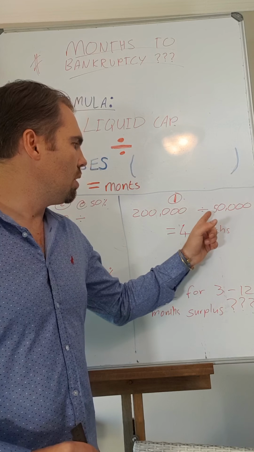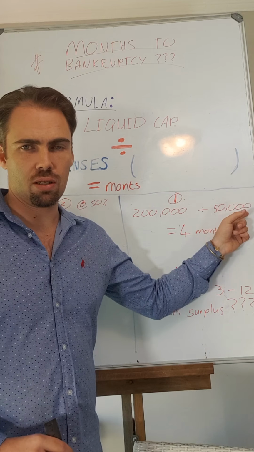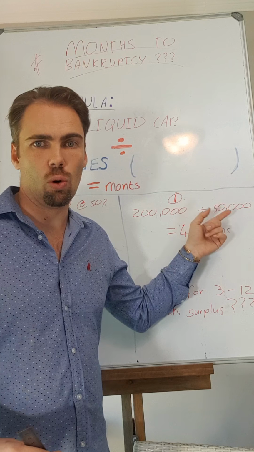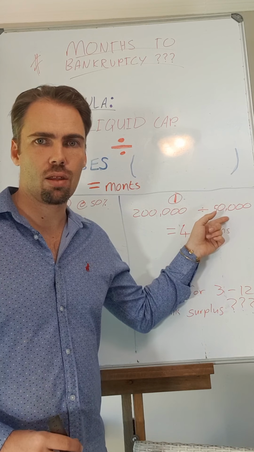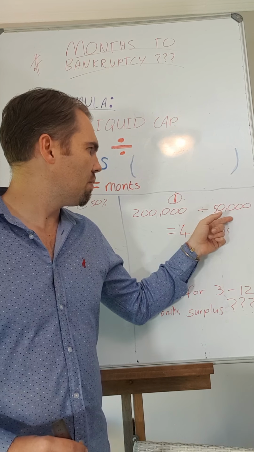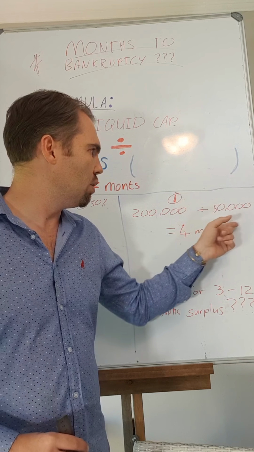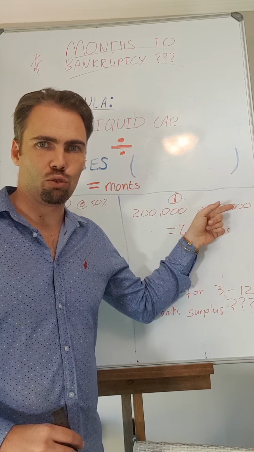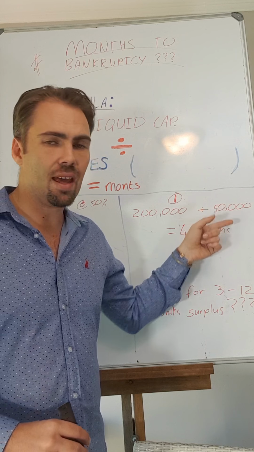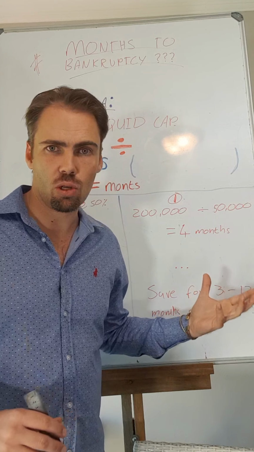So it would mean over and above your 50,000 expenses, that let's say you are also earning 50,000 a month, you would have to save another 50,000 a month, and you would have to do that. So you would have to earn 100,000 a month for 12 months, put away 50,000, and that only will get you to a 12-month solvency.